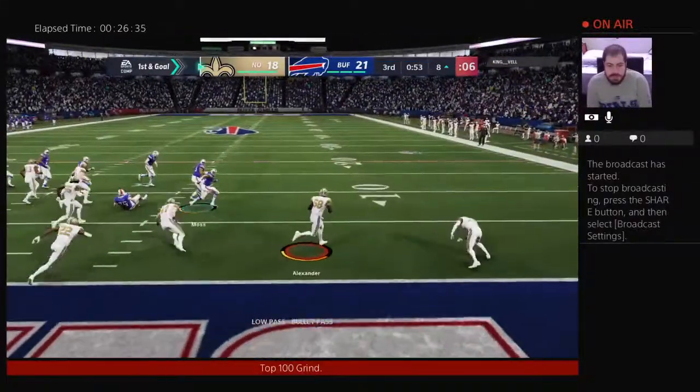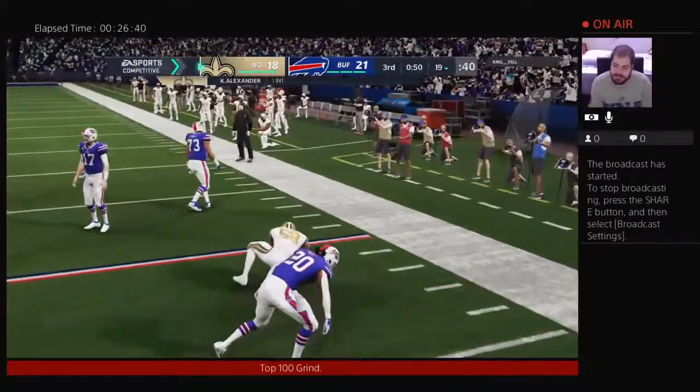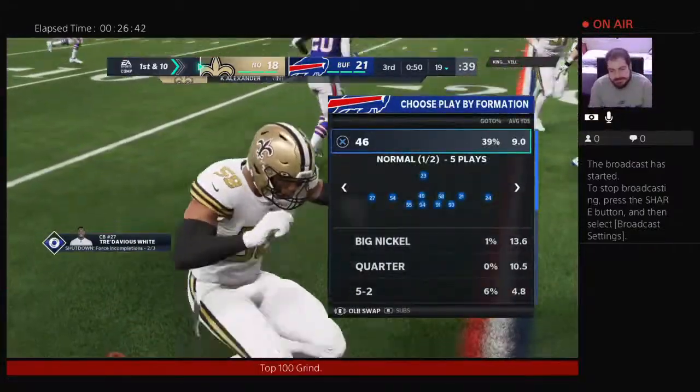Oh, come on, bro. Picked off by Quan Alexander. And the Saints are going to have first and goal as they try to finish off this drive with 6